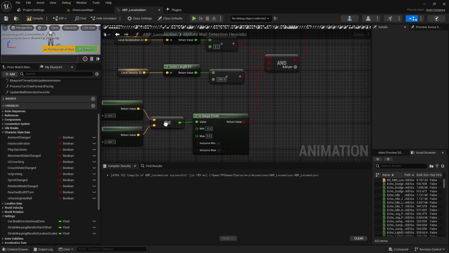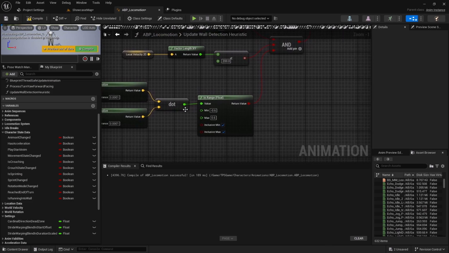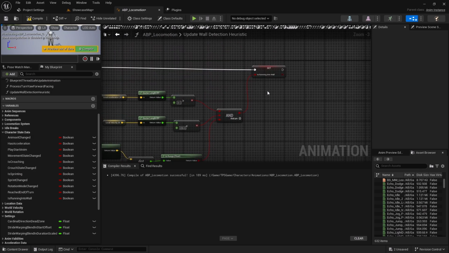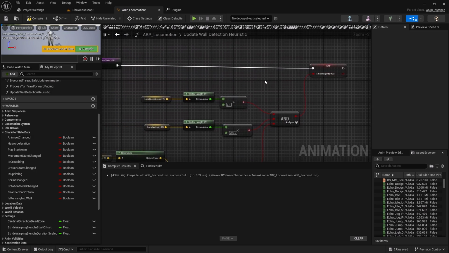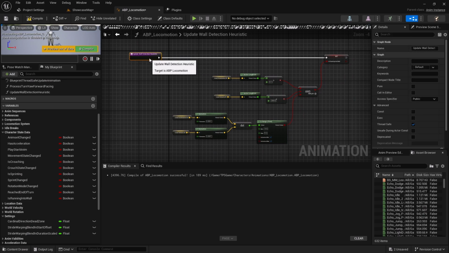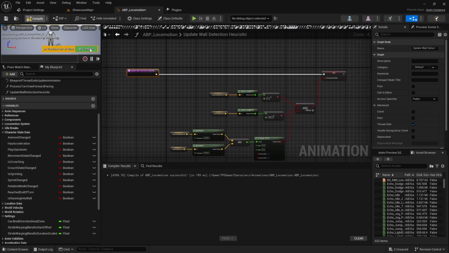If the return value of the dot product is within this range, this will become true, otherwise false. Then we can simply determine whether we are running into a wall or not. Okay, compile,